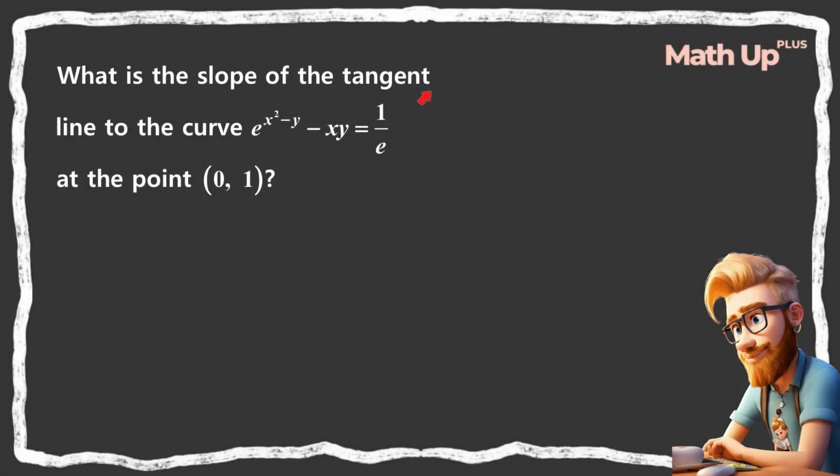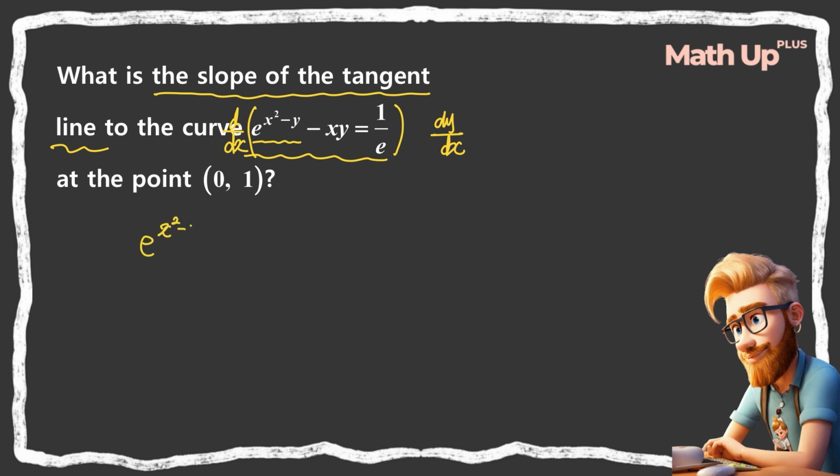What is the slope of the tangent line to this curve at the point (0, 1)? The slope of the tangent line to this curve is the derivative dy/dx. So if we differentiate this equation with respect to x, the derivative of this exponential function is equal to e